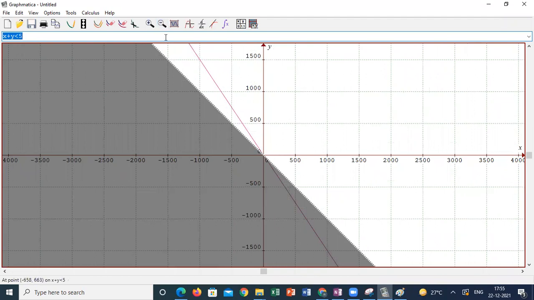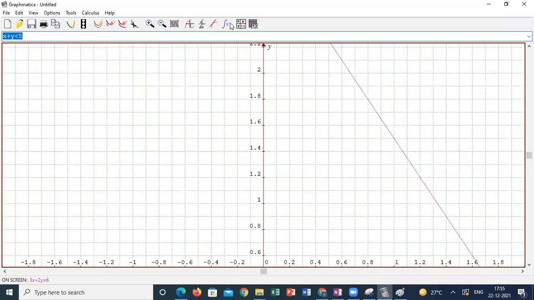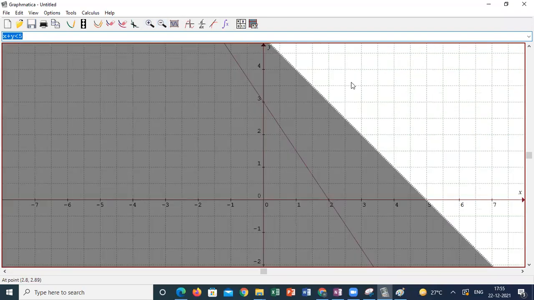If you look very closely, that means if I'm zooming in, they clearly mention this graph is a dotted line which is not touching the shaded region. So the software is designed in such a way that the points lying on the line are not part of the solution. Suppose I'm taking less than or equal to, sorry guys, which I can't represent here. If I'm taking less than or equal to, you won't get a dotted line, you will get a straight line. That means the points which lie on the straight line